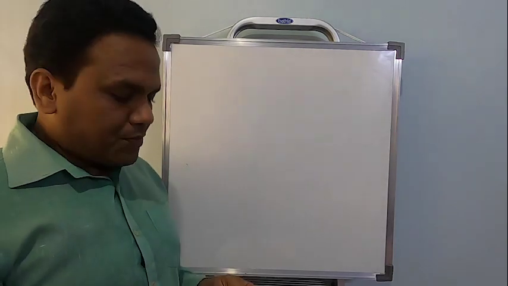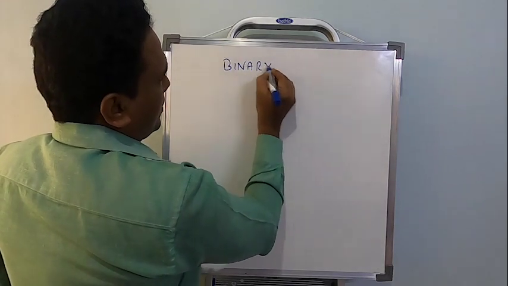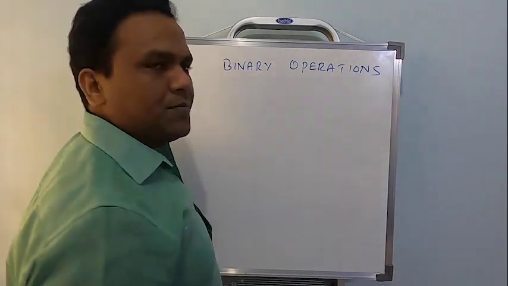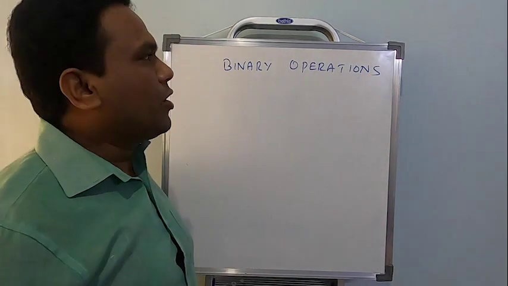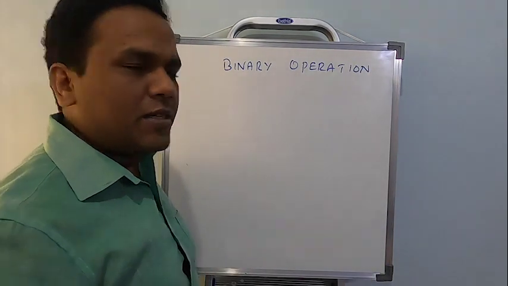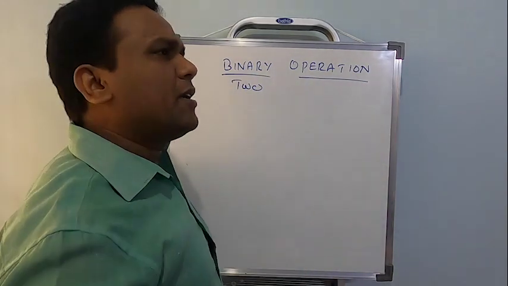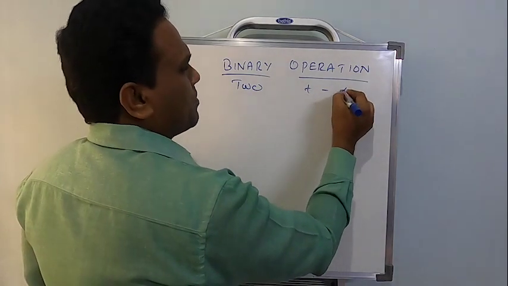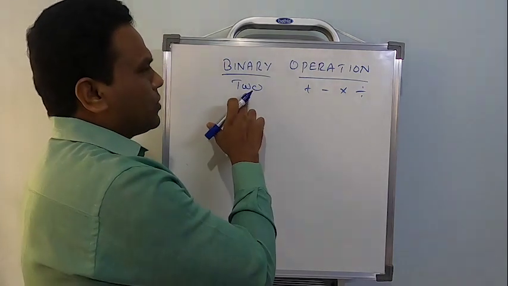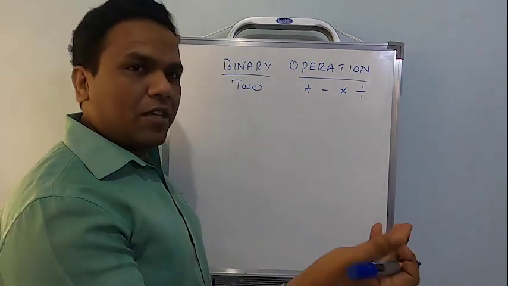Okay. Now today let me start with a new topic: binary operations. We have something called binary operations. So what is binary operation all about? It's quite simple. Binary stands for two. There are many standard operations we have: addition, subtraction, multiplication, division. These are the standard operations we know, right? So two elements I should consider, and I should apply any of these operations on the given set.